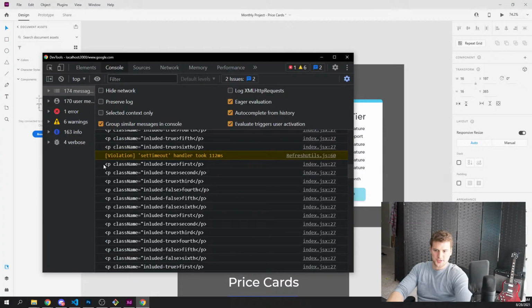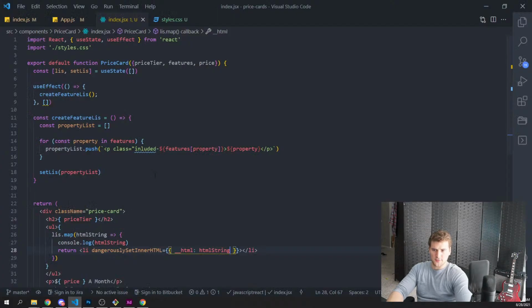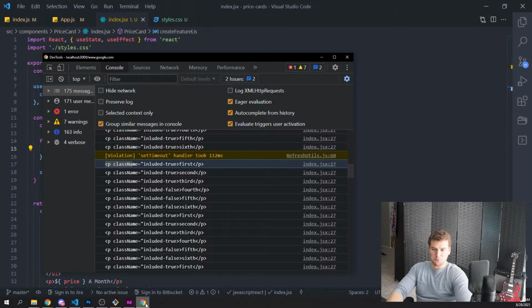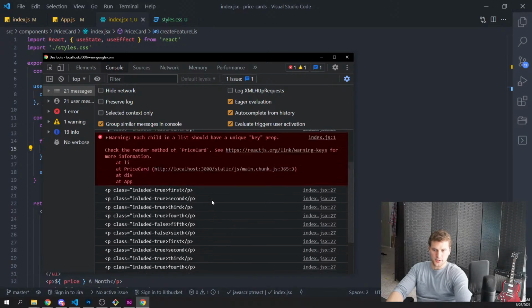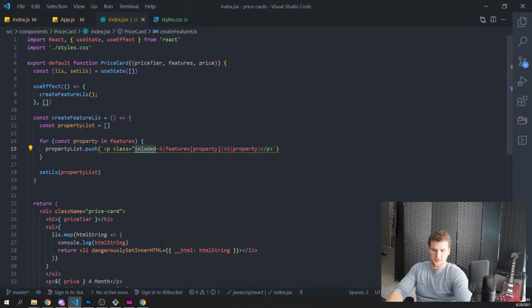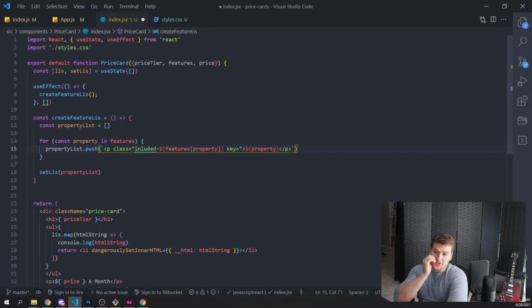But those strings, is that not valid HTML? I thought we switched that from className to class. We did. Why is that still saying className? Oh, because we didn't refresh. There we go. Well, no, that's just a warning. That's not an error. Is the fact that they don't each have a unique key throwing it off? So let's go here. We'll say key equals the... Oh, what's something unique I could use about this?